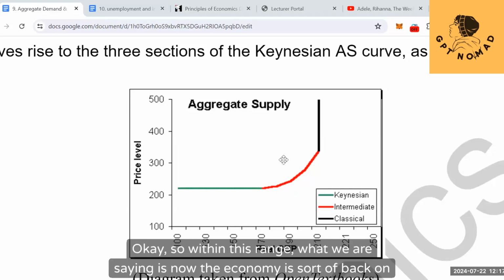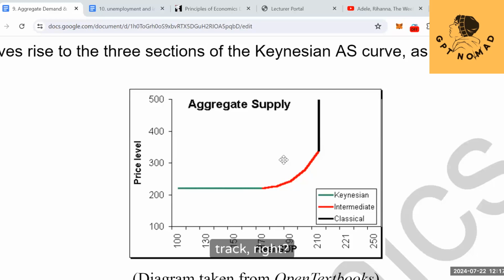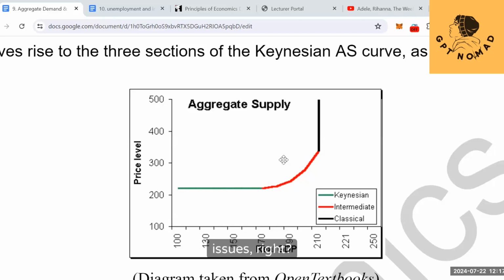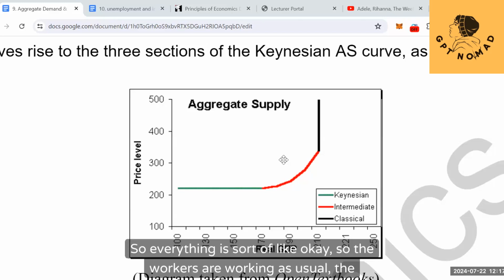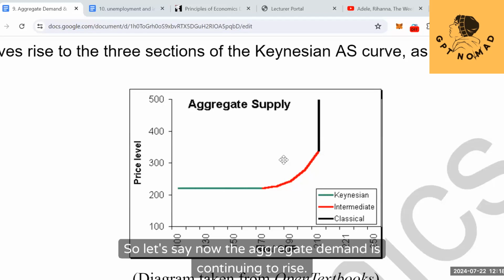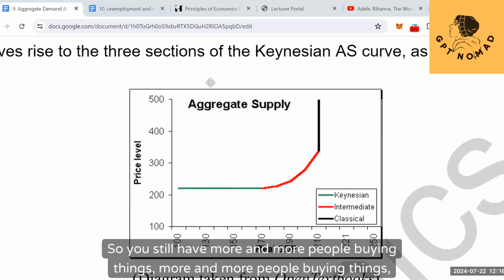Okay, so within this range, what we are saying is now the economy is sort of back on track. So it is no longer facing unemployment issues. It is no longer facing recession issues. So the workers are working as usual. The unemployment level is lower than before. So let's say now the aggregate demand is continuing to rise. So you still have more and more people buying things,